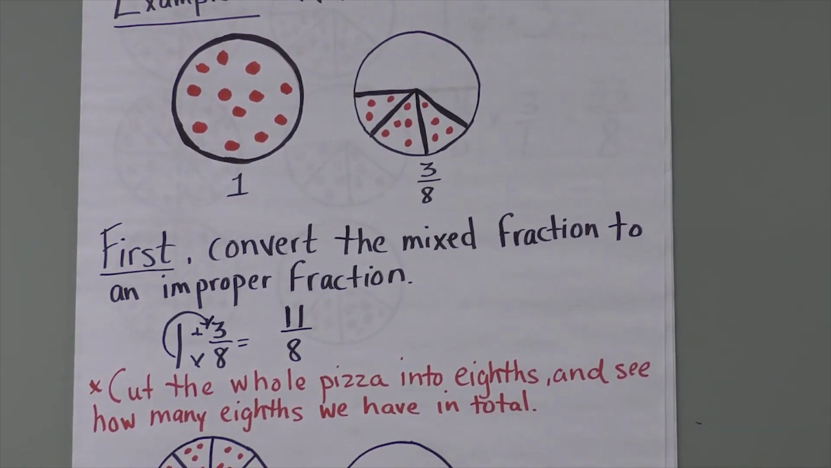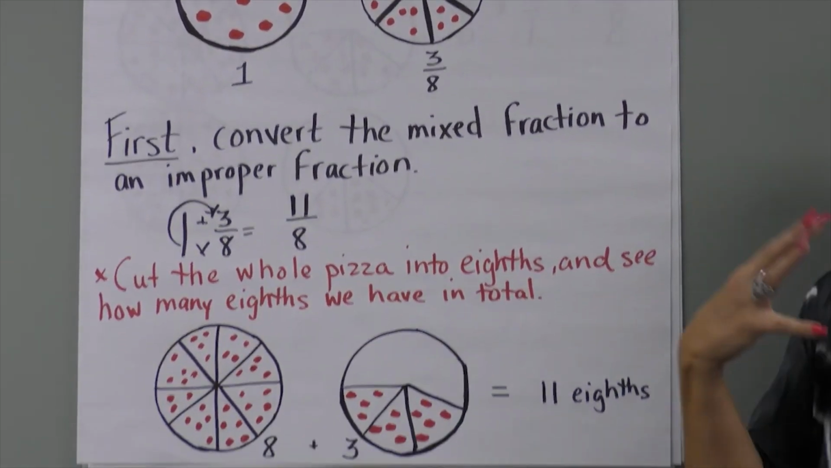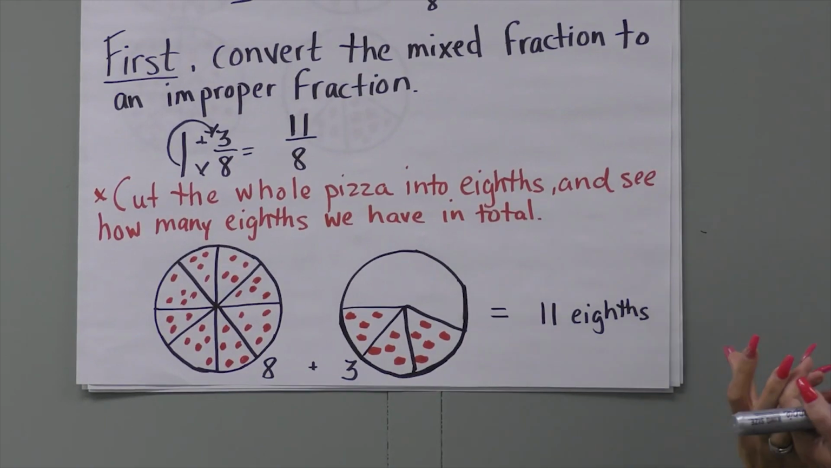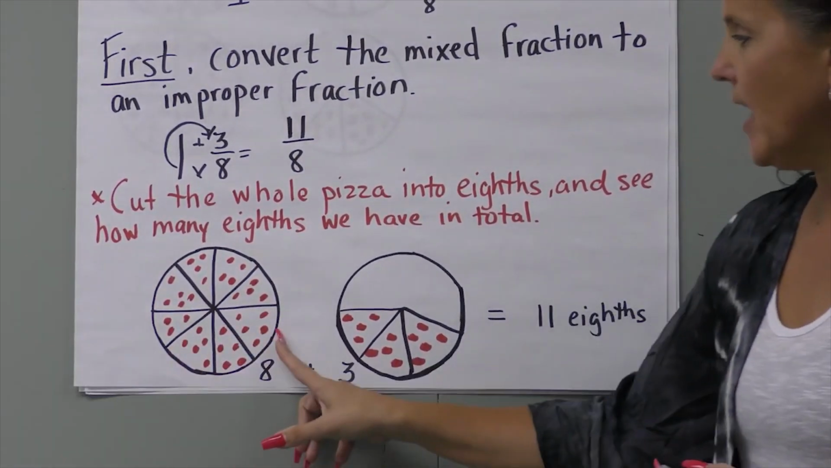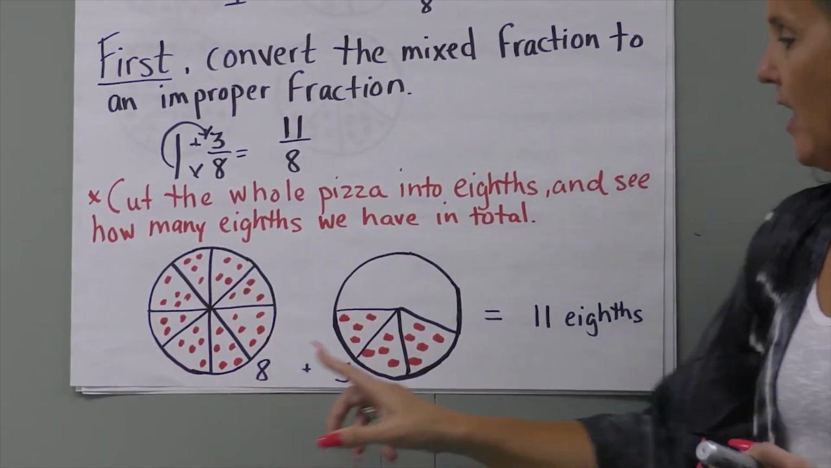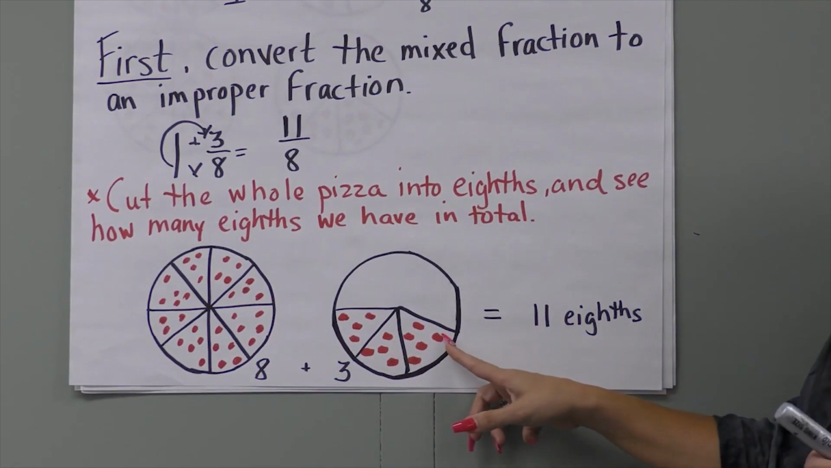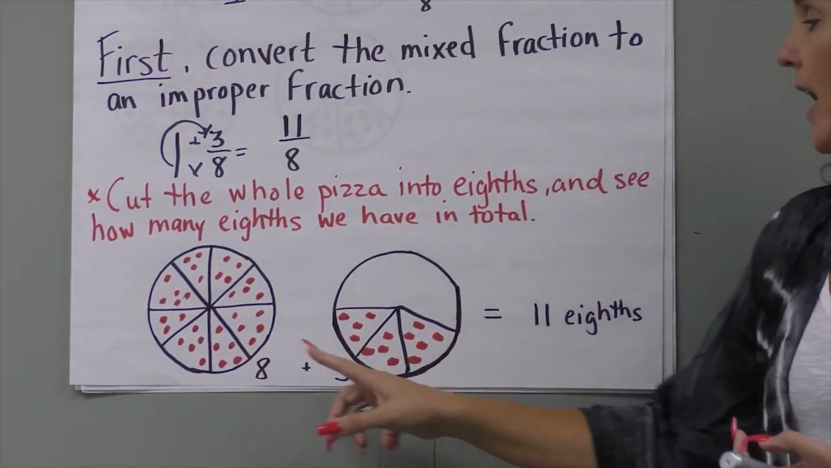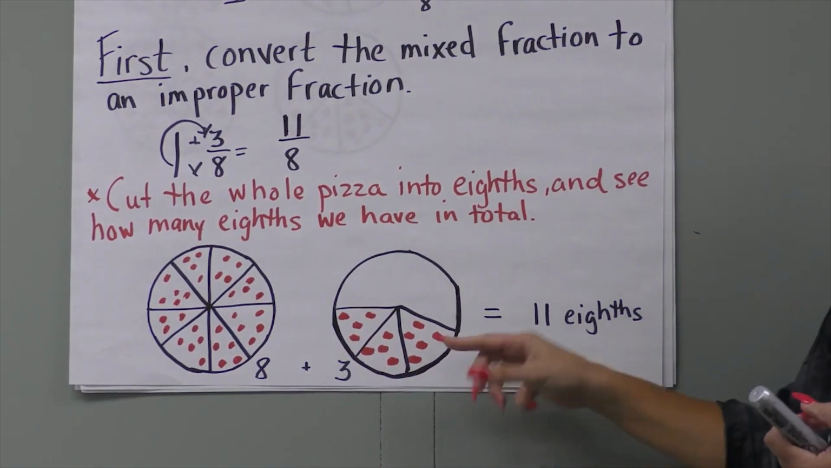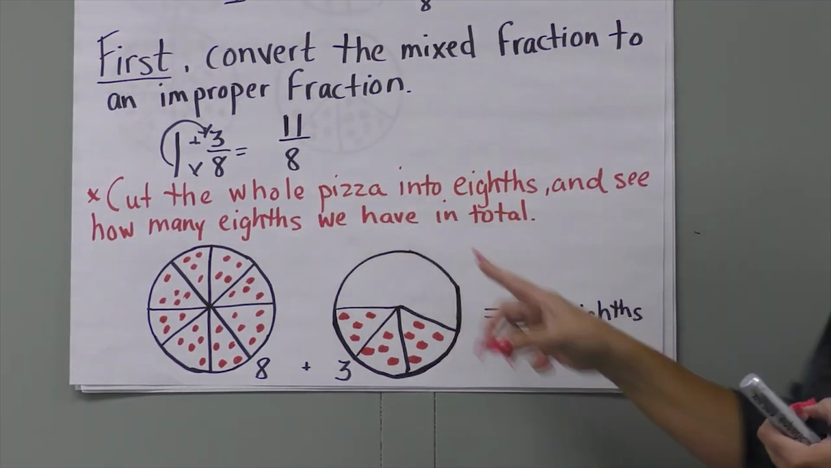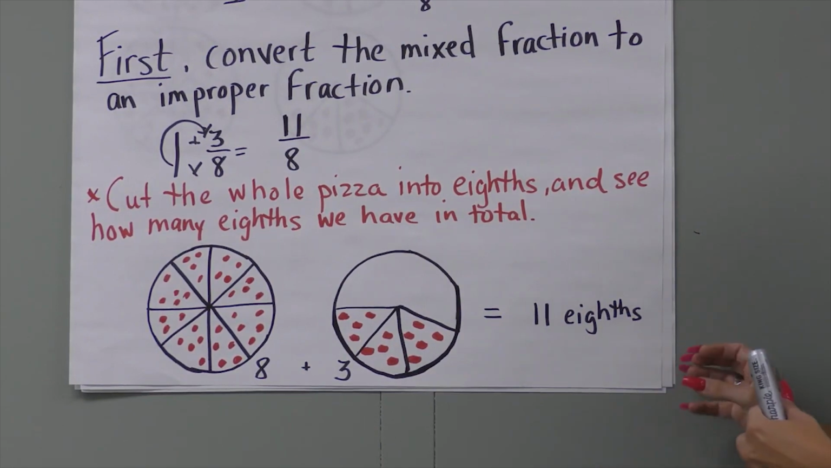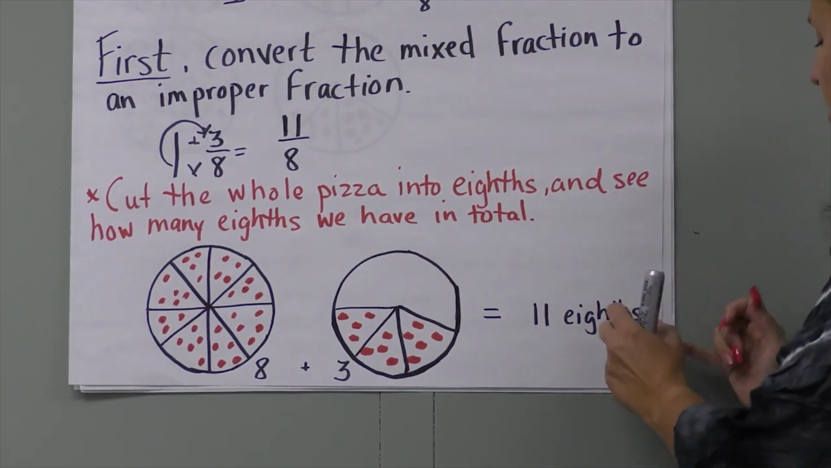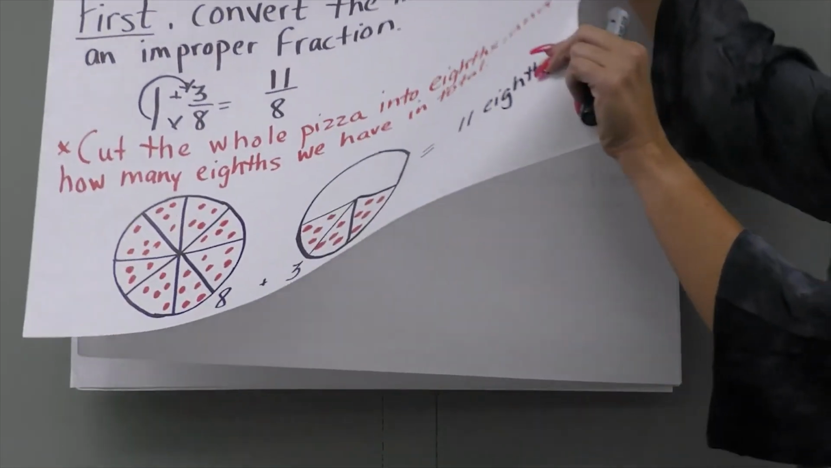So if we cut the whole pizza into 8s, we can see how many 8s we have all together, right? So here's our one whole pizza into 8 slices. Then we have these 3 additional slices of this pizza. So we have 8 8s here, 8, 9, 10, 11. So that looks right. That's what we had here, 11/8. That's the same number. So we're going to use that 11/8 in our next